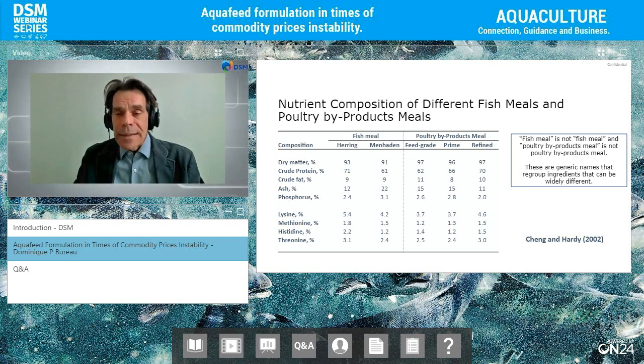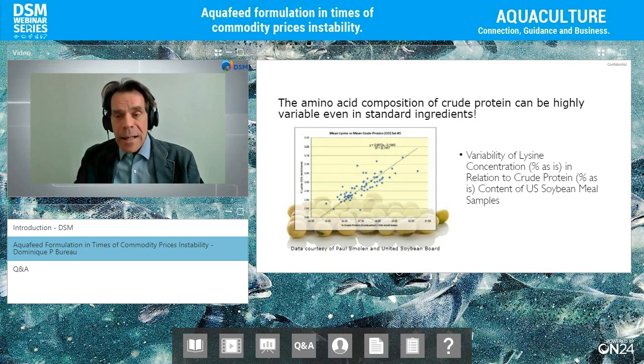Now, that ingredient in itself, you can analyze it and you can find two soybean meals with 46 or 47% crude protein. But if you look more closely, there is some variation in the amino acid composition of that crude protein. It's not because a soybean meal has 46% crude protein that it will have the same level of lysine. So two soybean meals can have the same protein level but different levels of lysine. There is variability in the chemical composition of that protein. And it's something that we don't always realize.